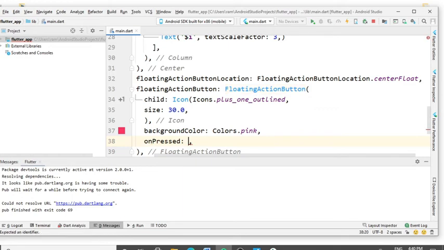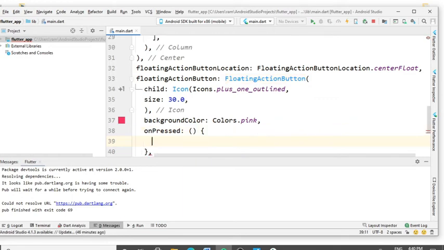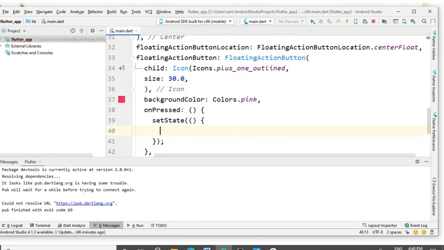Put the round brackets and curly brackets. Type the setState method and type i++ and put the semicolon. Now run the project.